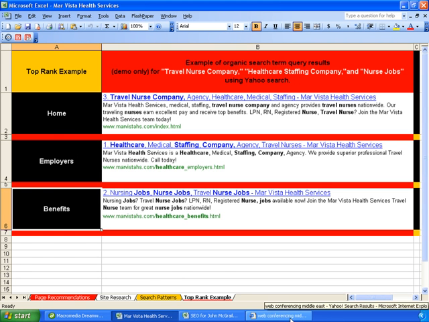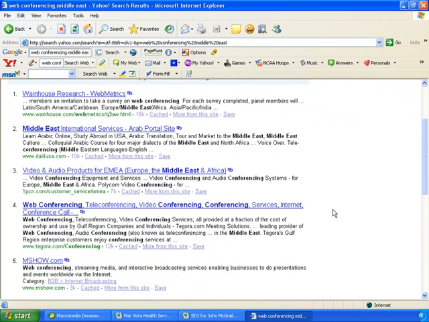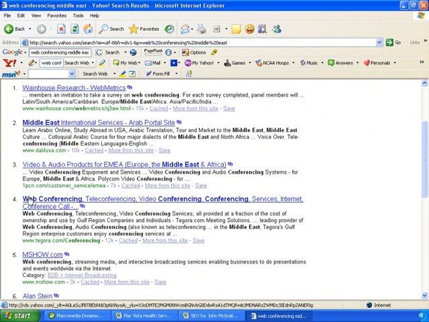Okay, now let's do one last quick look here for another client, and this worked out very well. For instance, a Middle Eastern web conferencing company. I optimized their site, and they have a very nice rank of 4 right there in Yahoo and similar in MSN, a little bit lower in Google. But notice that Tagora.com, and there's that bolded word right there in the folder. And what we have here is a web conferencing company, and this is a very, very targeted silo landing page